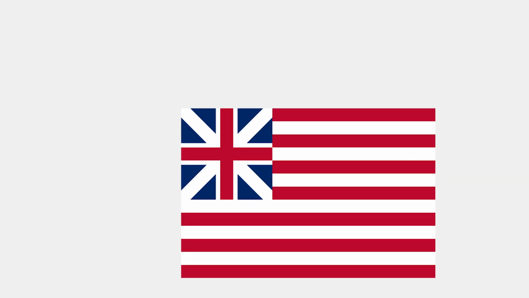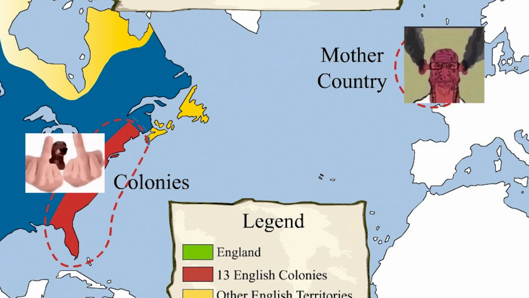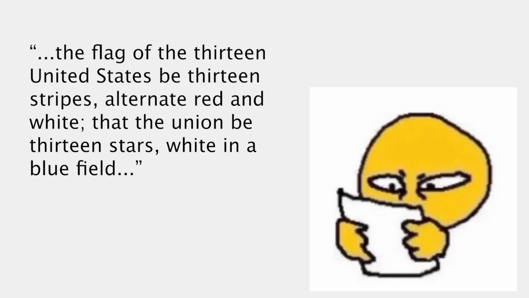Now, of course, they ended up getting rid of the Union Jack as a way of telling those tea-drinking, crumpet-eating, goofy accent-having Brits to shove their taxation without representation up their other colonies, and so was written the 1777 Flag Resolution, which deemed that, and I quote, "The flag of the 13 United States be 13 stripes alternate red and white, that the Union be 13 stars, white in a blue field," but doesn't specify anything about the order or